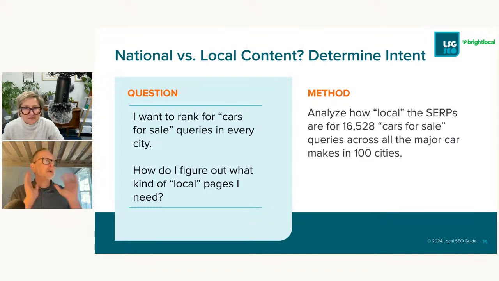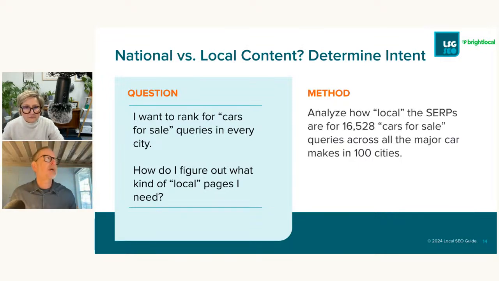All right, so let's get back to talking about intent. When you're starting to target, like do a plan for how are we going to rank for all these things that we want to rank for, you have to figure out, is there a local search we want to rank for, or a national search? It's kind of how we boil these things down.